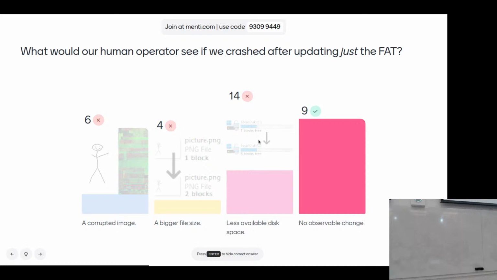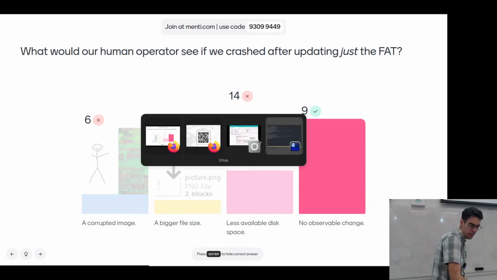Our operating system is using that allocation structure for representing how much space is available on this volume. On exFAT, we have an allocation structure. I'm going to come back here in just a second.